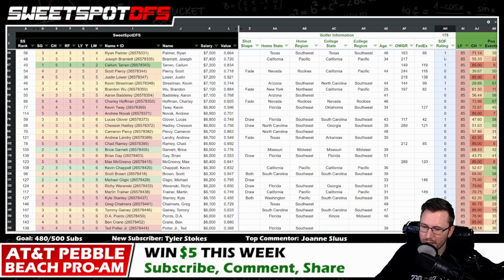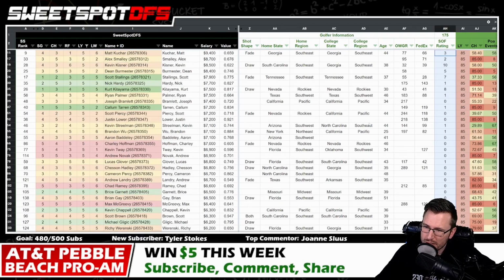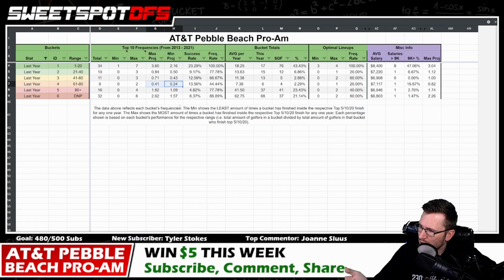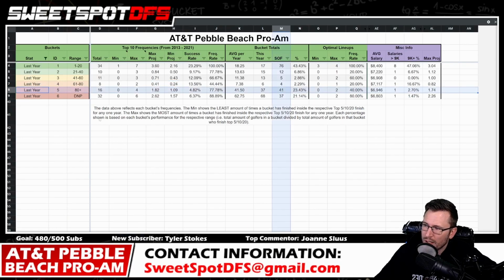Just want to double check something. So I'm assuming, yeah, it's just these top golfers that are really adding the strength of field points to this bucket. So we have 41 in total. That's also what I'm reporting here. Yeah, guys, it's 0 to 2. Not a high success rate, but one piece of